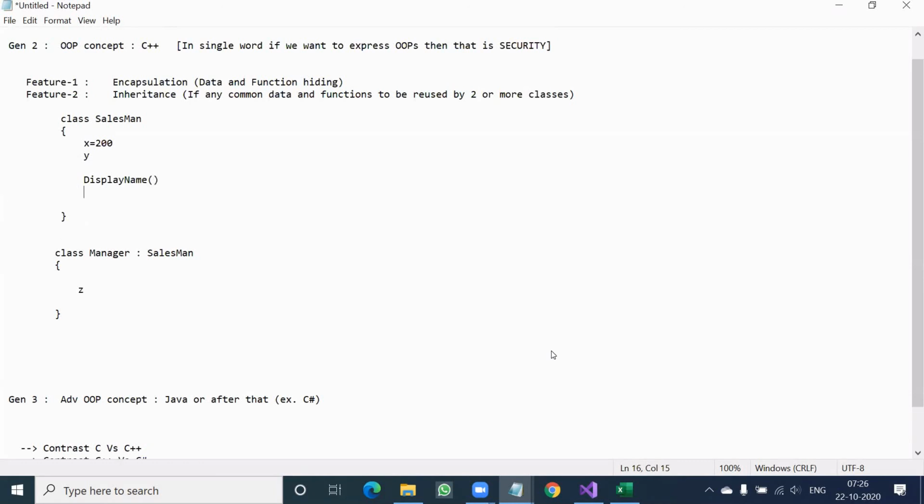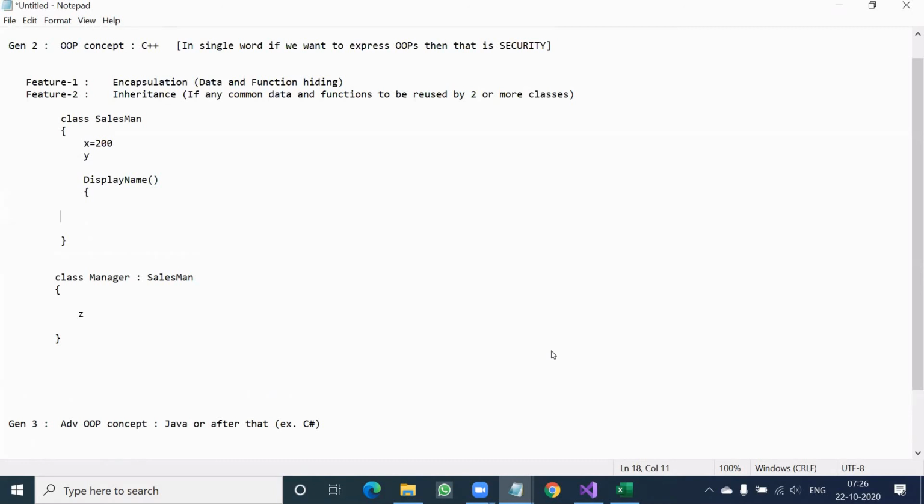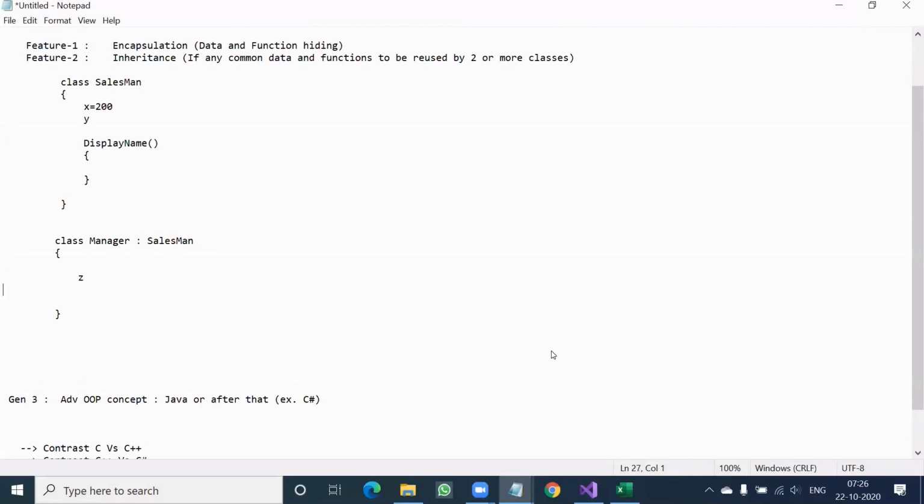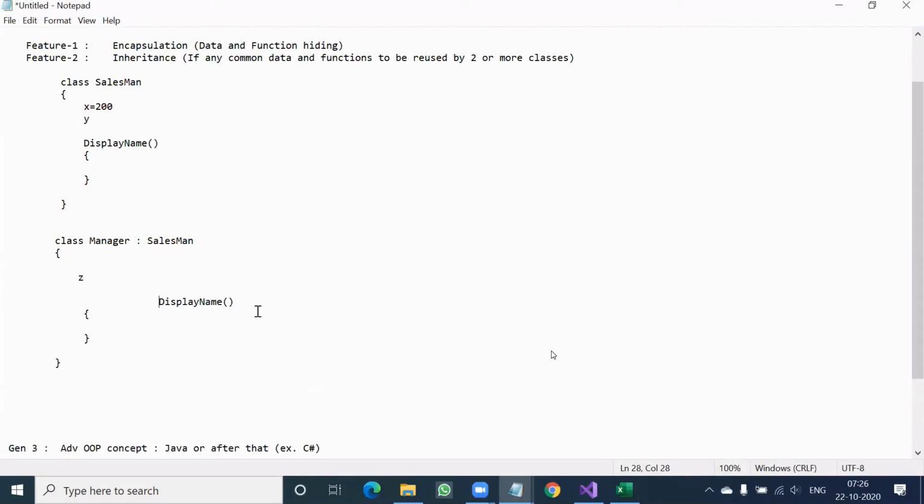A function means all these curly brackets, open bracket, close bracket will come, right? So let me write that way. When we say display name here, you understand it as the salesman's name. When you see display name here, you say it is the manager's name.